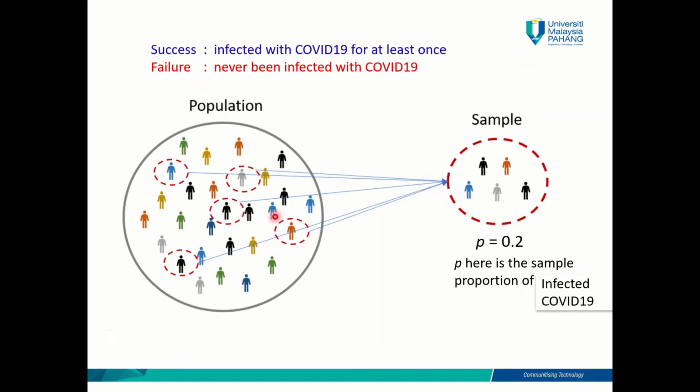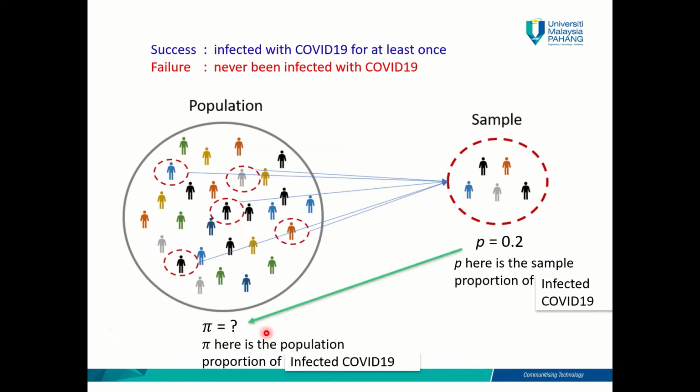Okay, but what you can do with this sample value, with this sample proportion, is you can use it to estimate your population proportions. When you conduct a certain study, of course, what you're trying to find out is actually about the population, not just about the sample. So instead of collecting data from the whole population, you can just use the sample information to estimate your population